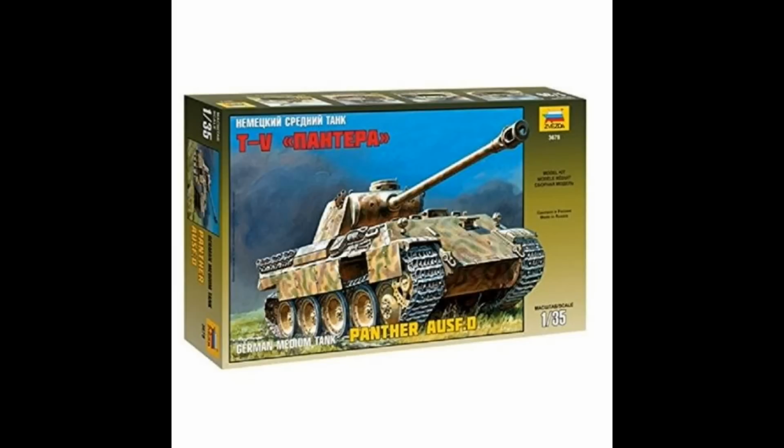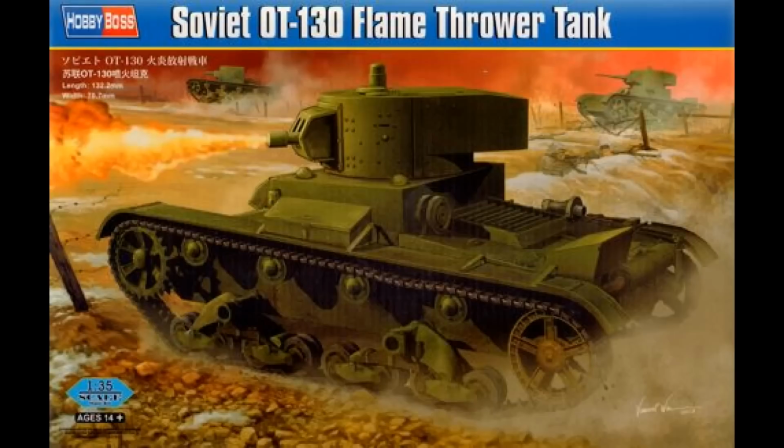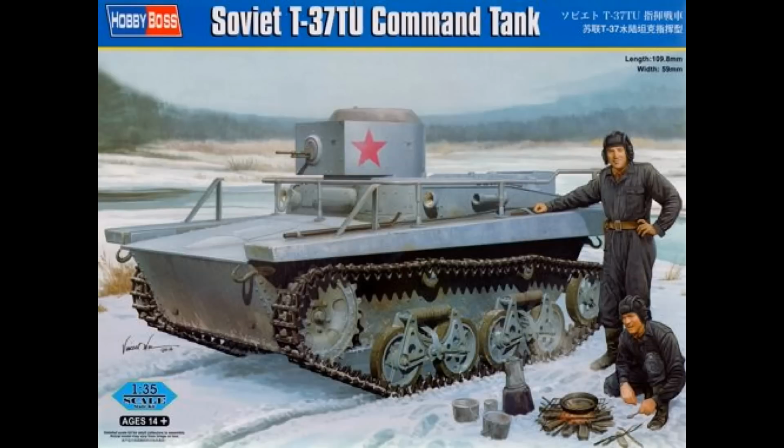Next up, armour 1/35 scale. We've got the Panzer V by Zvesta. We've got a Soviet flamethrower tank by Hobby Boss, and we've also got the Soviet T-37 TU command tank by Hobby Boss as well. We've also got a GCT